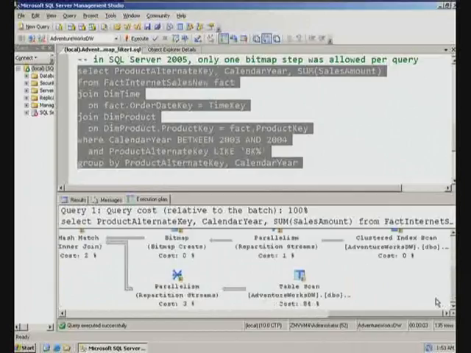Here's another table scan up here of the time dimension table. And so I'm going to have a join between the time dimension table and the fact table. Now, in previous versions of SQL Server, there's my bitmap right there. You can only use one bitmap to actually filter the query that I'm doing down here, the table scan that I'm doing down here. And I have one bitmap and that's it. Notice that it's filtering based on this index. If you look at the probe step, or the predicate step,